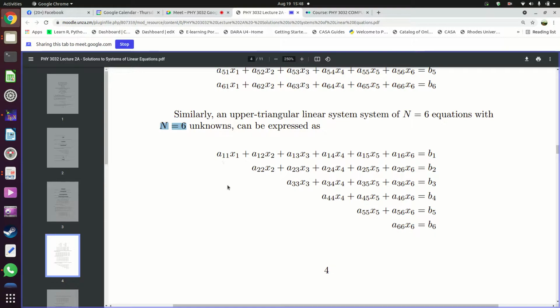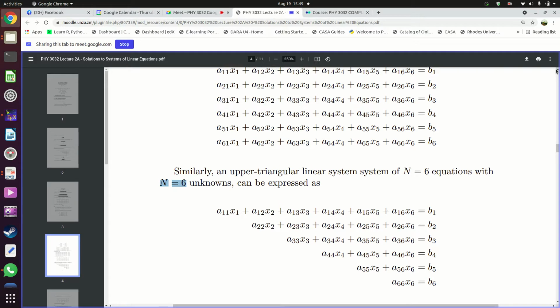0. You come here, you've got your A31 x1, but the coefficient A31 is equal to 0. You come here, A32 x2, but the coefficient A32 is equal to 0. The same thing happens here with your 4. You've got A41, A42, A43, all those coefficients are 0. So you multiply 0 times whatever your unknown is, you just get 0. The same thing is happening here. You have got your A51, these guys,